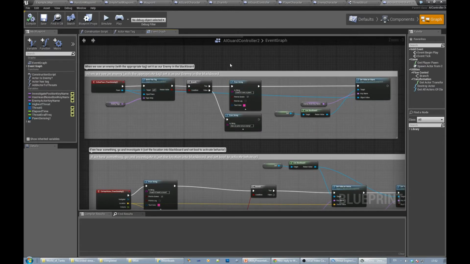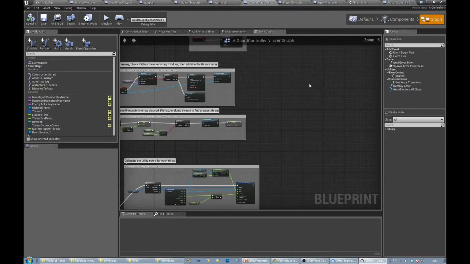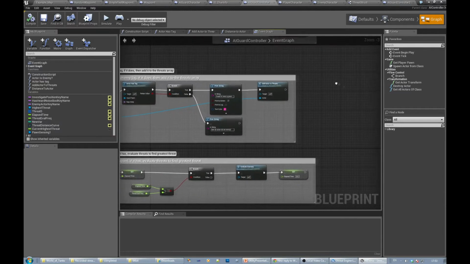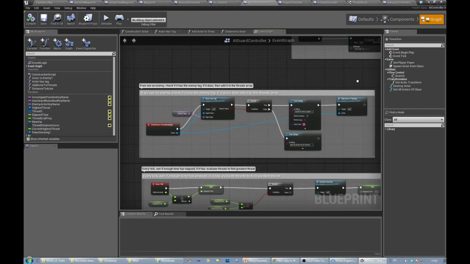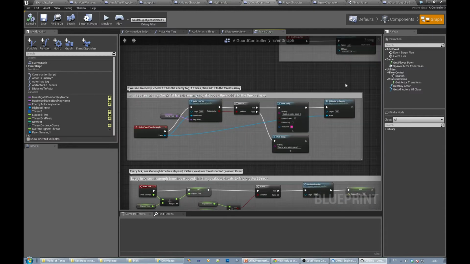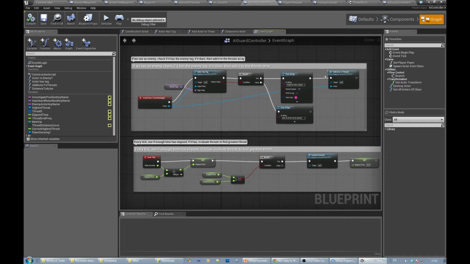So I wanted to talk about this idea of utility as a part of a behavior tree, or as just part of decision making in general. So let's have a quick look at where we're going to go with this. I've been breaking out these things into small blocks of code in the blueprints,